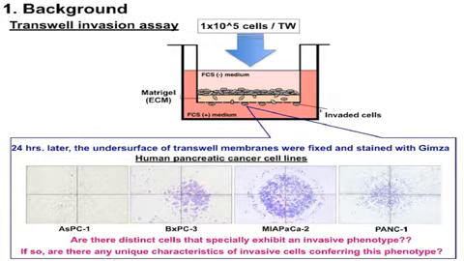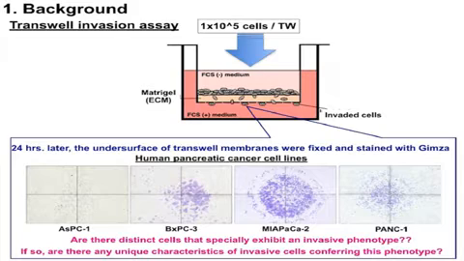Furthermore, if we extended the time of invasion assay for MIA PaCa-2 or PANC-1 to be 48 or 72 hours instead of the 24 hours, surprisingly, the percent of invaded cells were still almost similar to the one counted at 24 hours. So this suggests that they might have distinct cells, especially exhibiting an invasive phenotype within the whole cultured MIA PaCa-2 or PANC-1. And actually, it is a really interesting point because MIA PaCa-2 or PANC-1 is just the identical